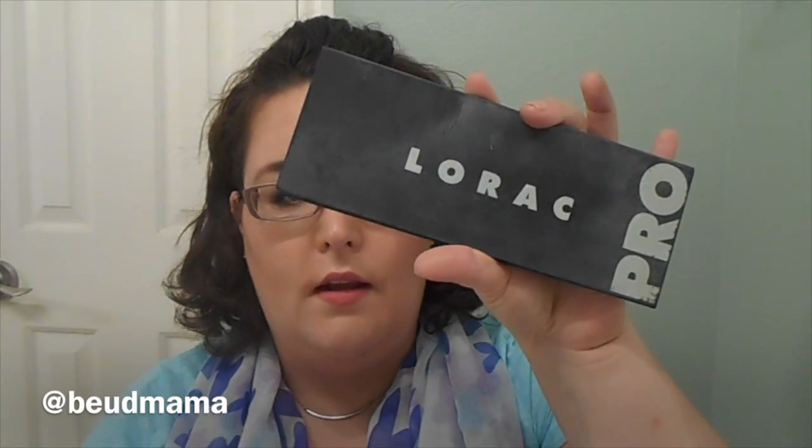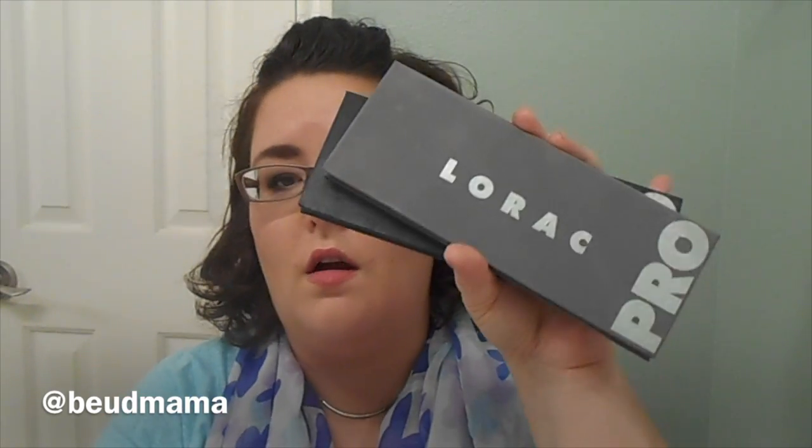And then the next thing that I brought as far as face products, to go to the eyes, I wanted to bring my Lorac Behind the Scenes Eye Primer in the sample size because I like my eyeshadow to not budge at all during the day. And then as far as eyeshadow palettes, of course I brought my Lorac Pro palette as I use it for my Pan That palette, and I also brought along my Pro 2 palette